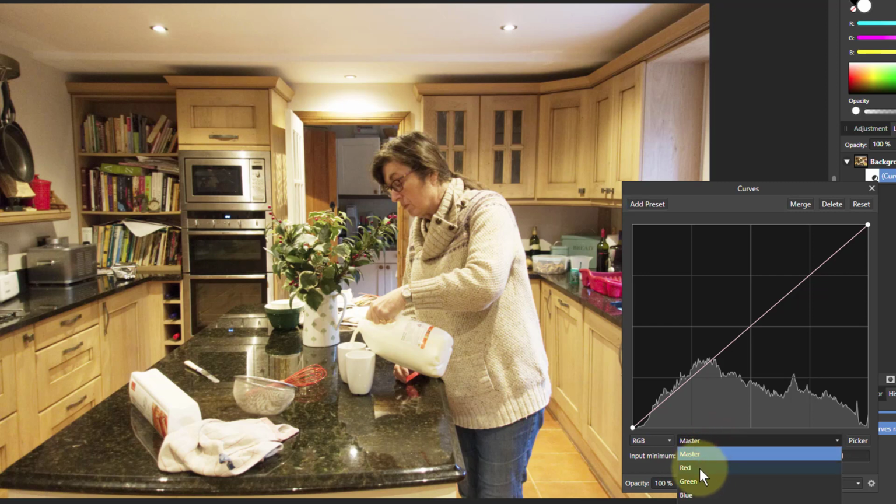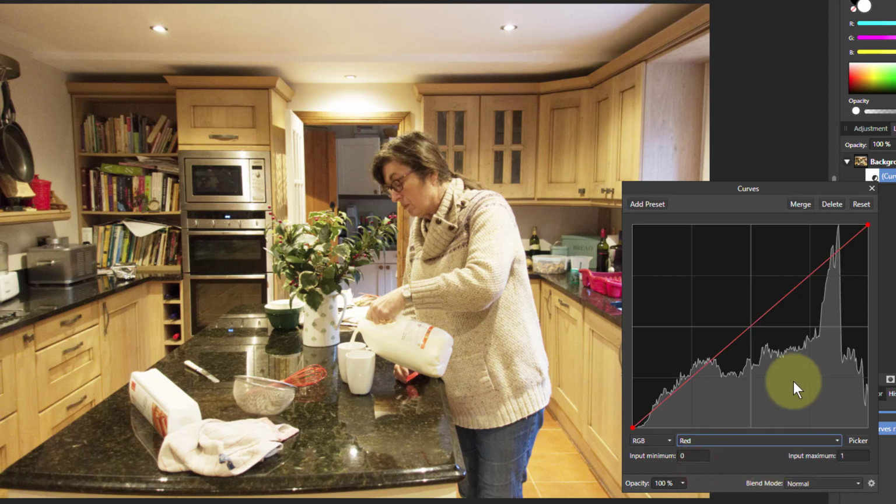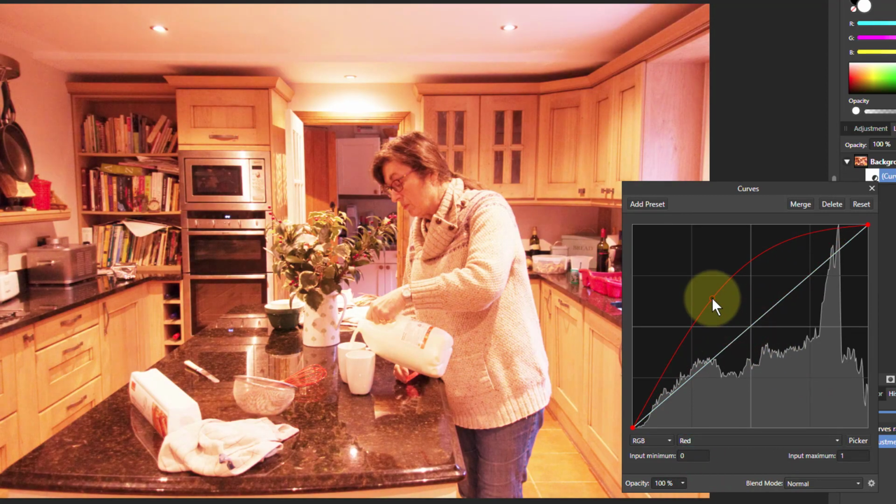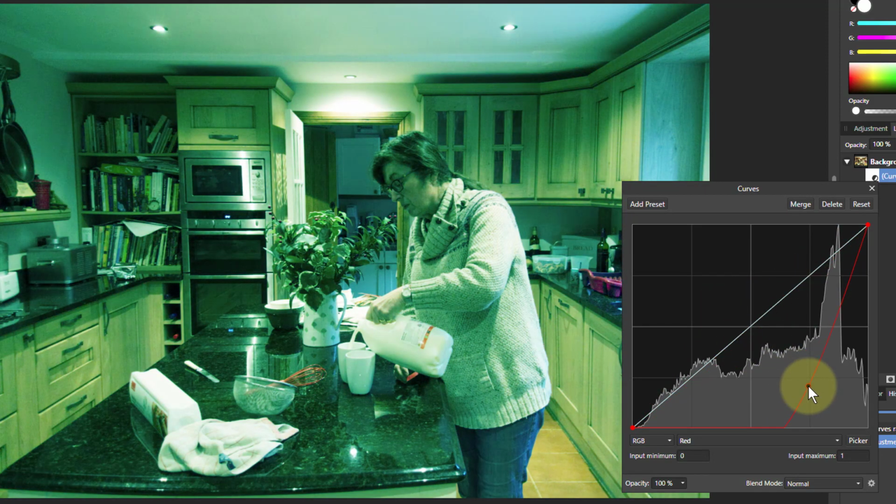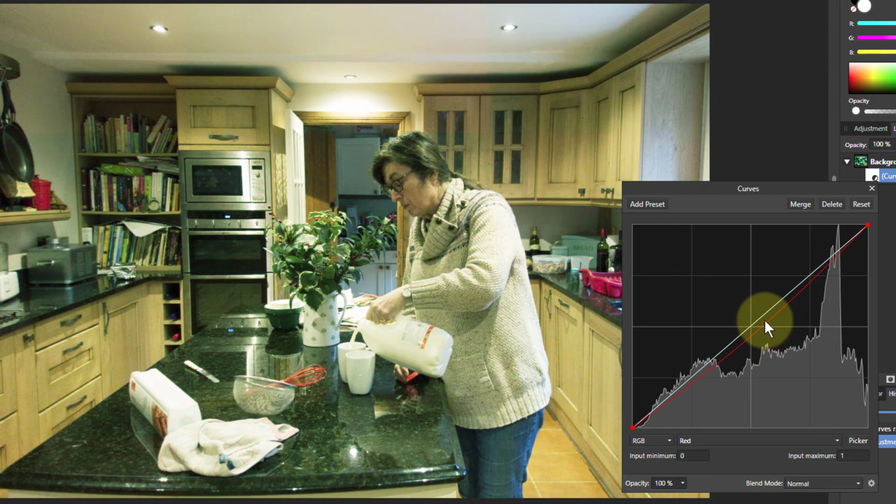So we'll start with red. And the thing to remember with these is that if you go up, you get the colour red. If you go down, you get the opposite of red, which is cyan. So when we're putting things above and below the curve, we're changing things to make them more red and more cyan. So if we pull this down here at the top, we're going to make sort of funny curves with this, but if you pull it down, we're making the face rather